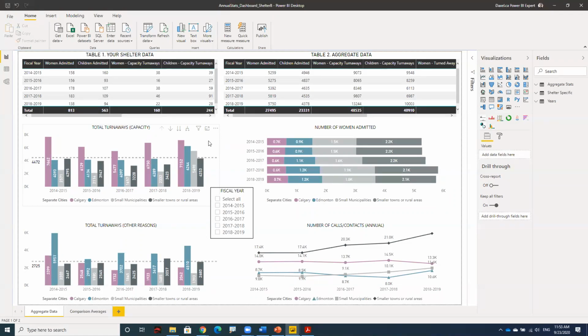So that's for charts. What's interesting about tables is you can change the sorting order by simply clicking on your column headers. So without clicking, when you get close to your column headers, you'll see a small triangle appearing. Okay, so for example, in your shelter data, if I click on my women capacity turnaways,